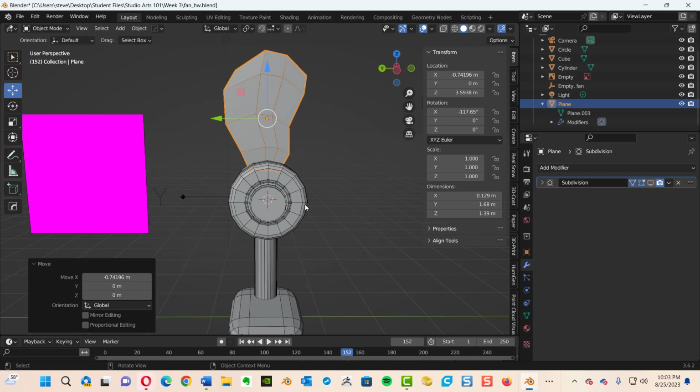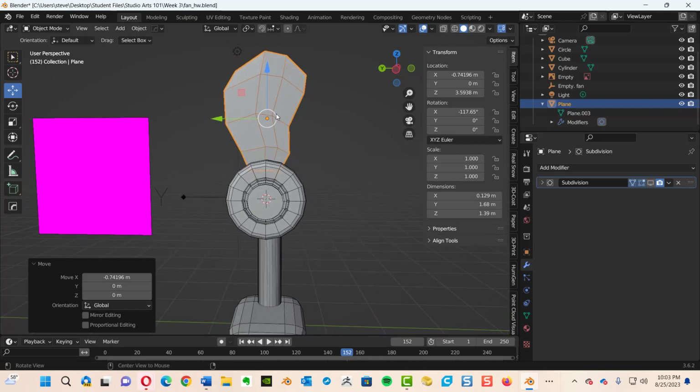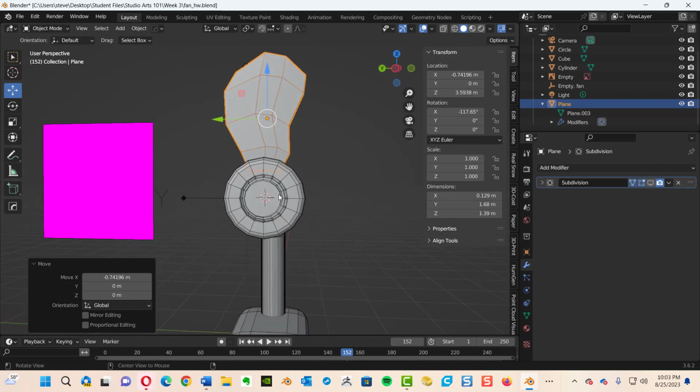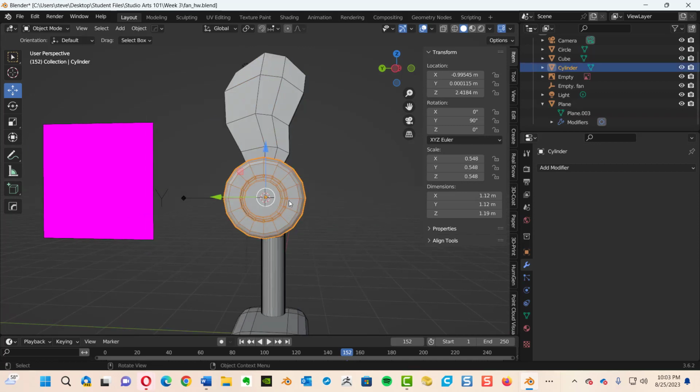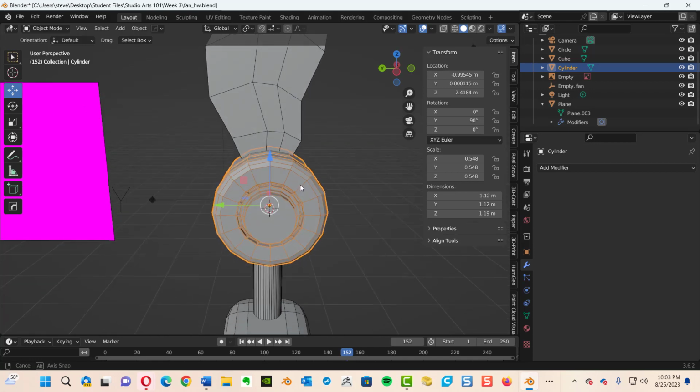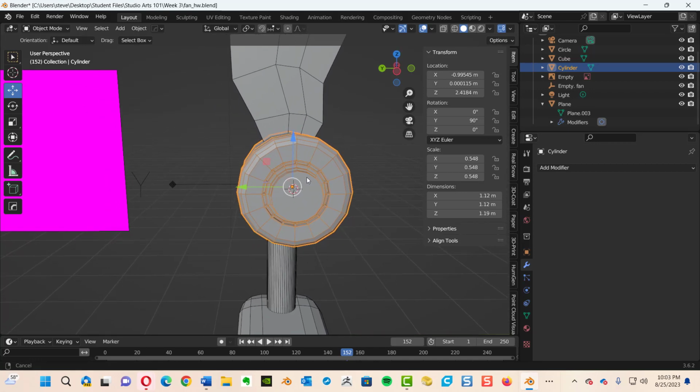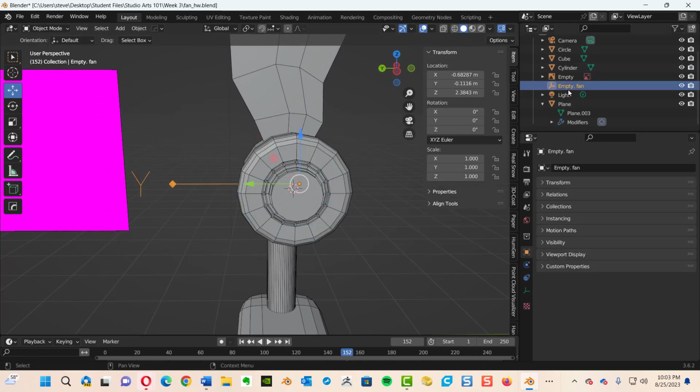So what we want to do is to duplicate two more around this subject so that they're equal distance, right? So what we need to do is make sure that the fan blade orientation matches the orientation of the cylinder. Now, to make sure that the cylinder is correct, I'm looking at your orientation, which you called empty fan,